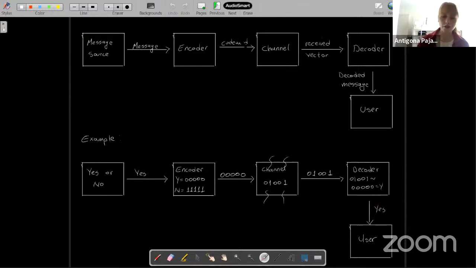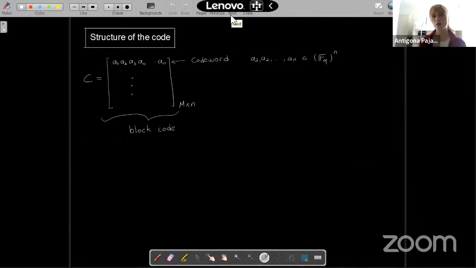So here we're going to, just a second. I'm going to show you the structure of the code so we can understand it better. Why do we want the error to be minimal? So this is the structure of the code. It's represented as a matrix, so m by n matrix. So n is the length of the code word, and m is the number of the code words, which go down as I wrote with 3 dots. And these digits or these entries in the code word belong to a certain family. And all of this is called a block code.